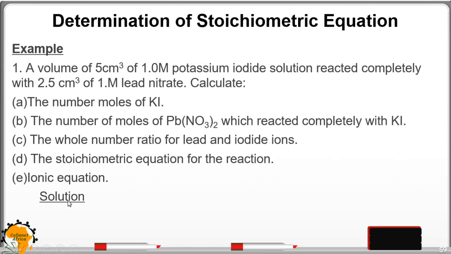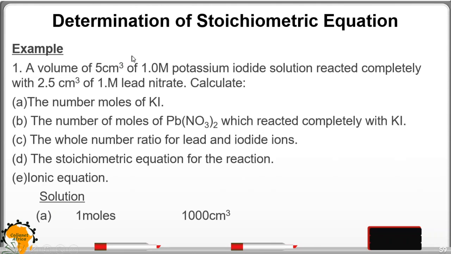But before we do the calculation, I want you to notice that we have been given the volume and also the molarity for each solution, meaning you can get the number of moles for this one and the number of moles for this one separately. So, solution: